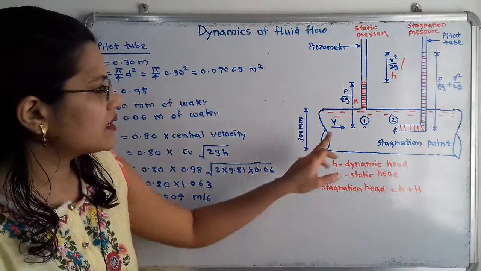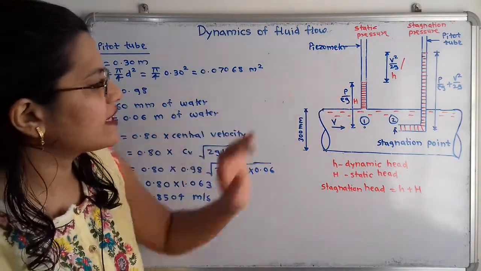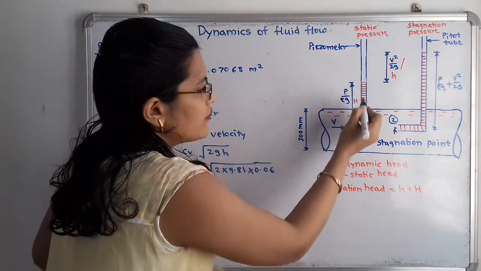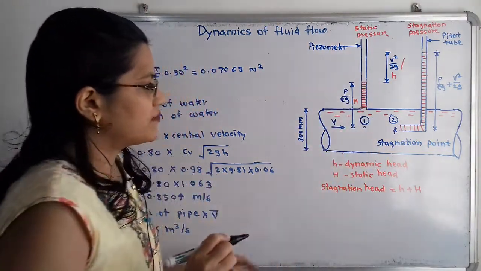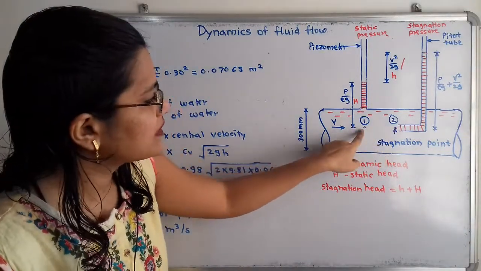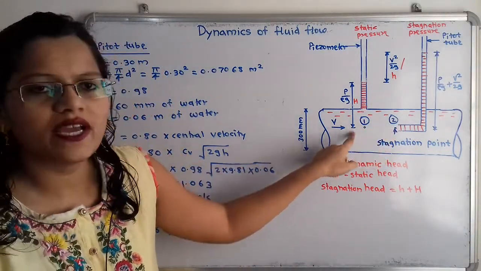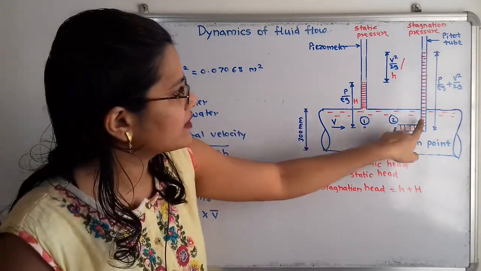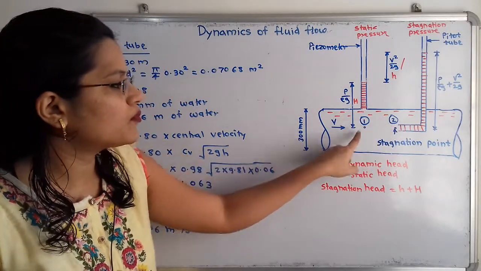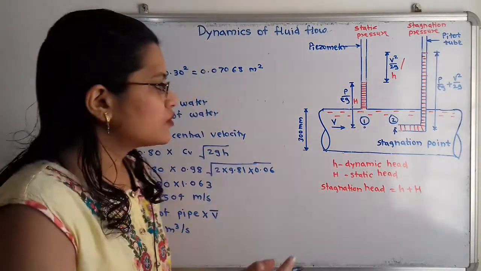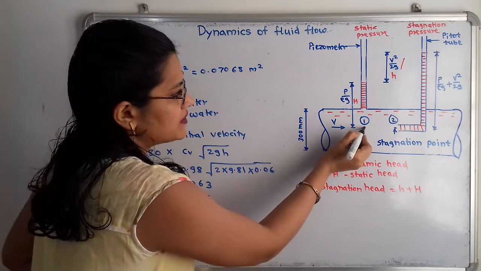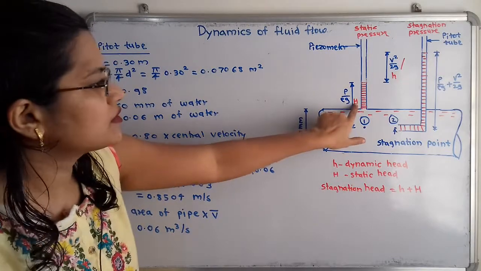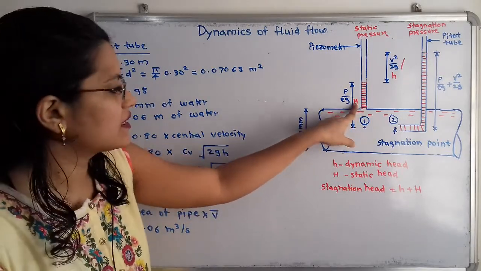So we will first understand what is this static head. So here in this piezometer, the level of water from this base point 1 and which is in the level of the stagnation point. So these 2 points we have to select. One point below this piezometer and second point at the entrance of pitot tube, and both points are at same level. So the static head is the distance from the selected point 1 up to the level of water in the piezometer. So this is known as static pressure head or static head.